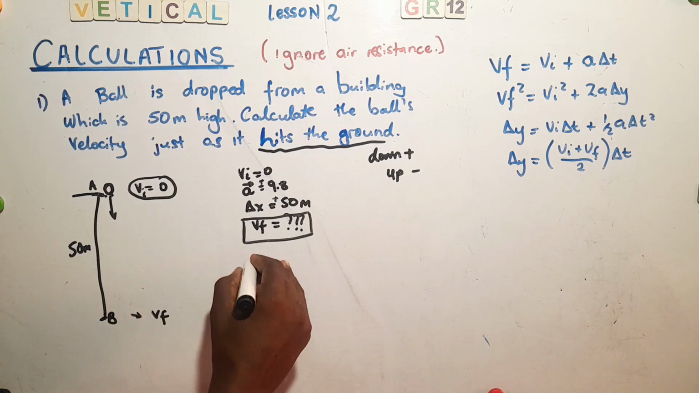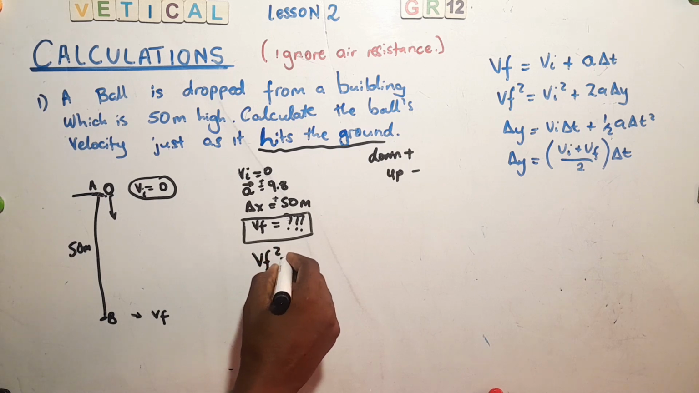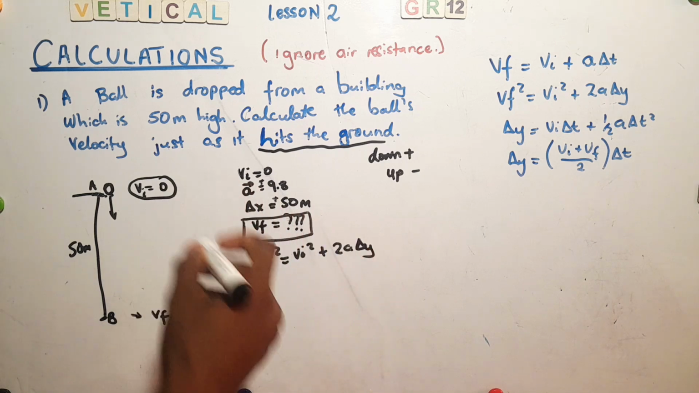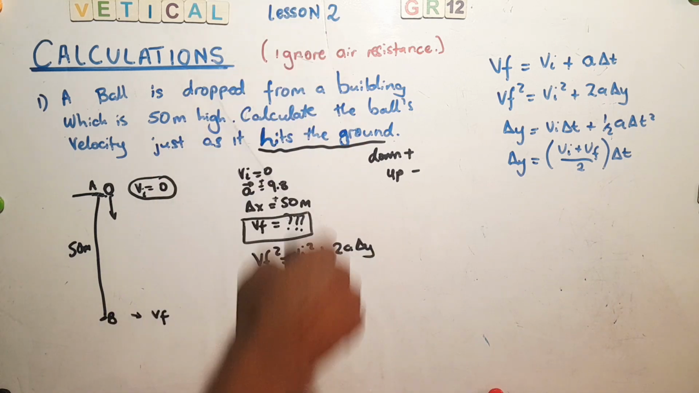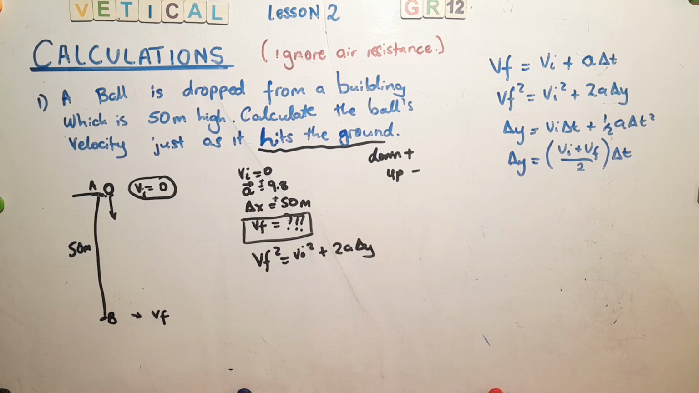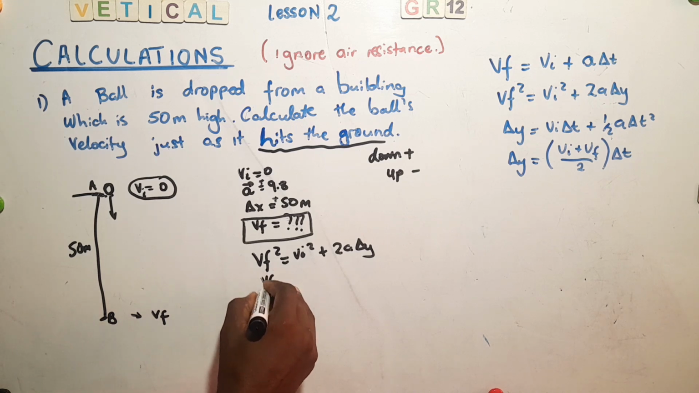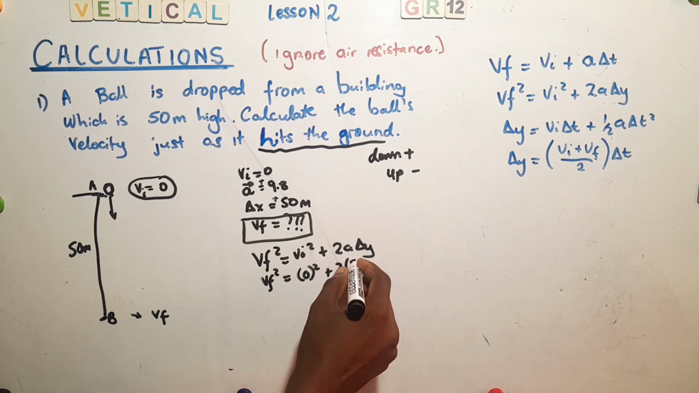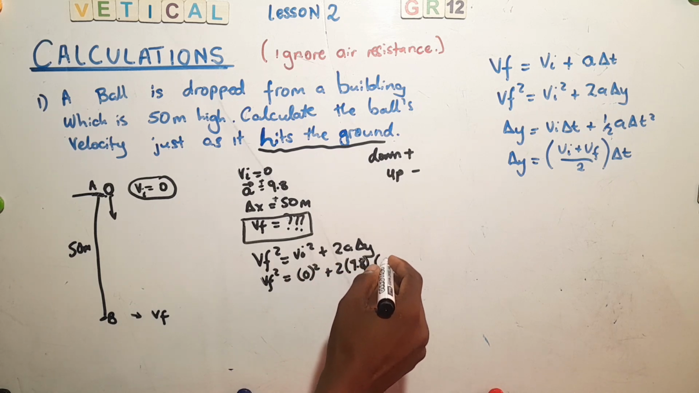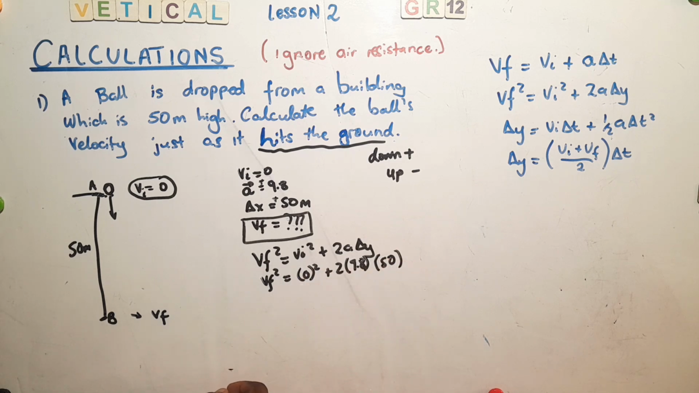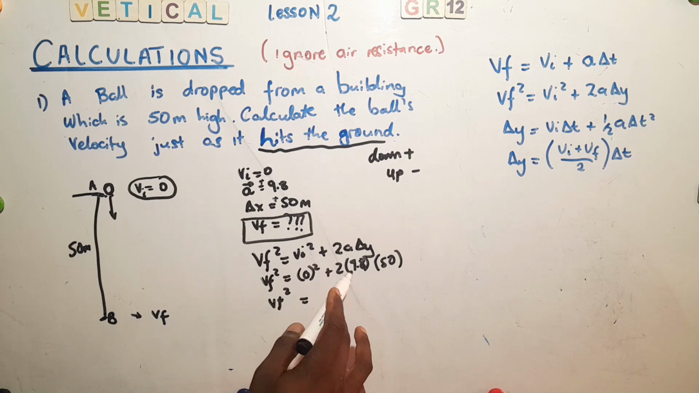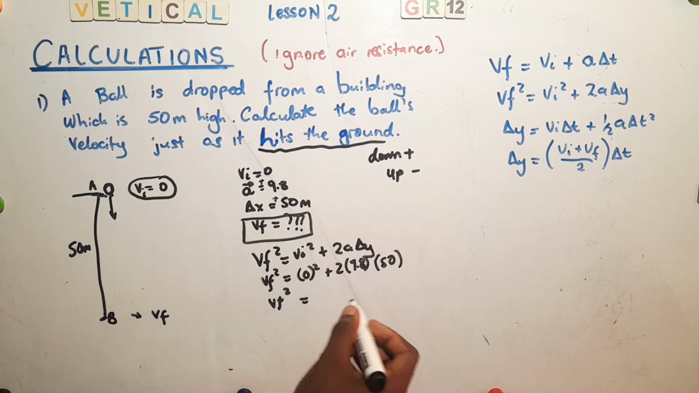So first thing first, we just write the equation. Vf squared is equal to V initial squared plus 2 acceleration and change in y. We are using change in y because this is a vertical motion, right? So our Vf squared becomes our V initial as 0 plus 2 times 9.8 and the displacement is 50. So our Vf squared becomes 2 multiplied by 9.8 is 19.6, multiplied by 50, that's